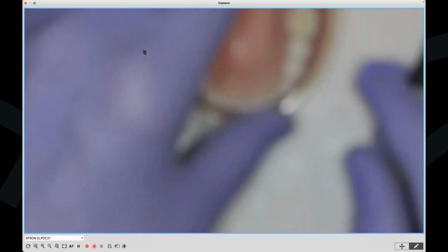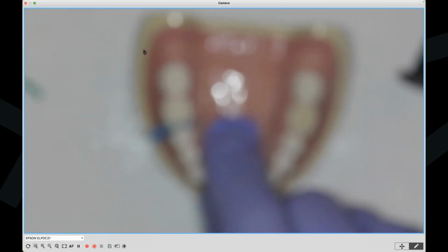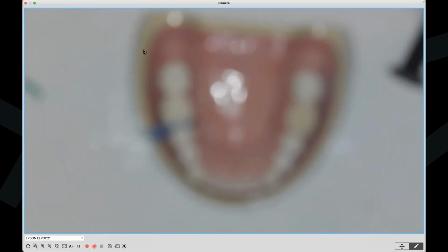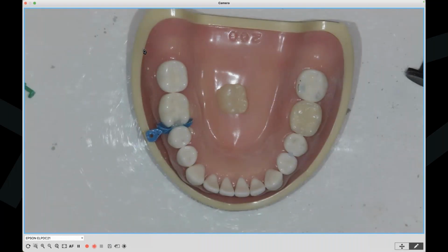So I do want to, if you're ready to wrap it up before we get to the Q&A, I do want to turn it over to Jason, if that's okay with you, Pat. I think that's good. I think we have shown what we're going to show, the deep margin elevation, the crown in the single visit, the geezer crown as we call it. And I think that's okay. That's unpolished zirconia.